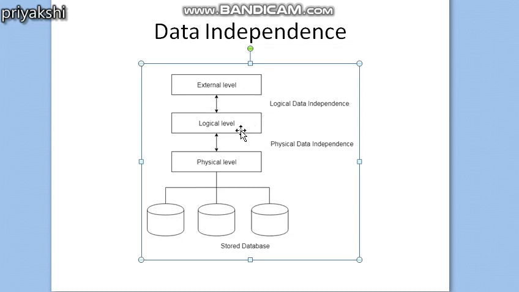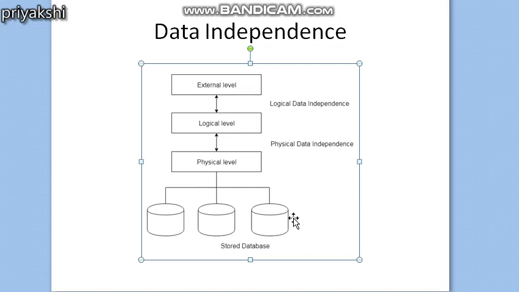So what do we mean by it? Though we are changing the database structure logically by adding the Aadhaar card column, it does not affect any view in the application program. Simply, we have to write code for that part only. Our view definition and mapping need to be changed in the DBMS that supports logical data independence. We don't have to write the application program or the web application again.